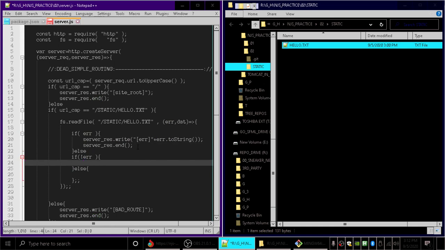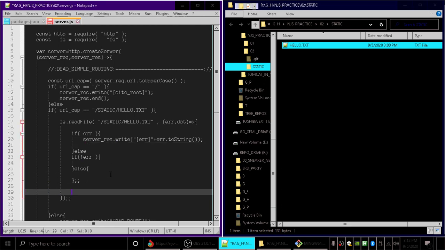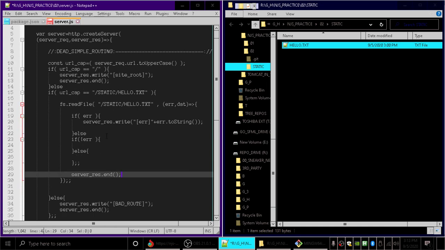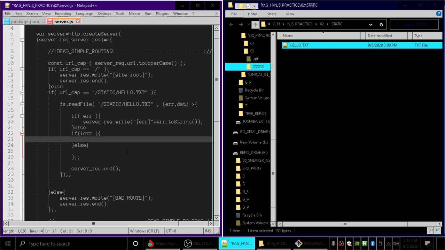Otherwise, you know what, I'm actually going to put the server response ending right at the bottom here so I don't forget about it, and then I have less to write in here. So if there's not an error, we're going to do server response.write, and we can just write that file contents like this. JavaScript should be flexible enough to just let us do that without a problem. It's not the most proper way to do it. We can do something more proper later. Server response.write. I'm just going to write something like